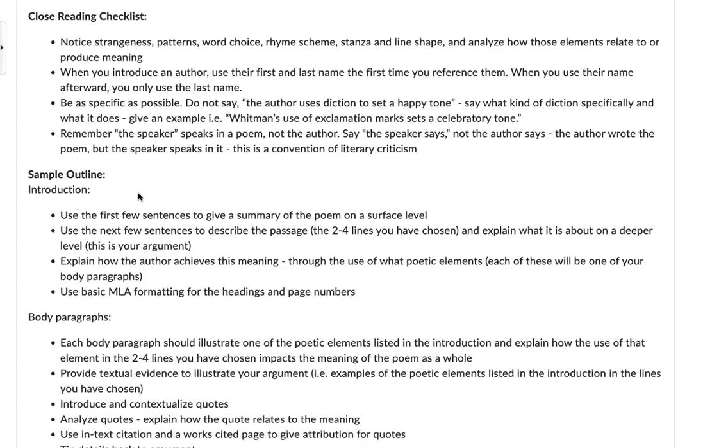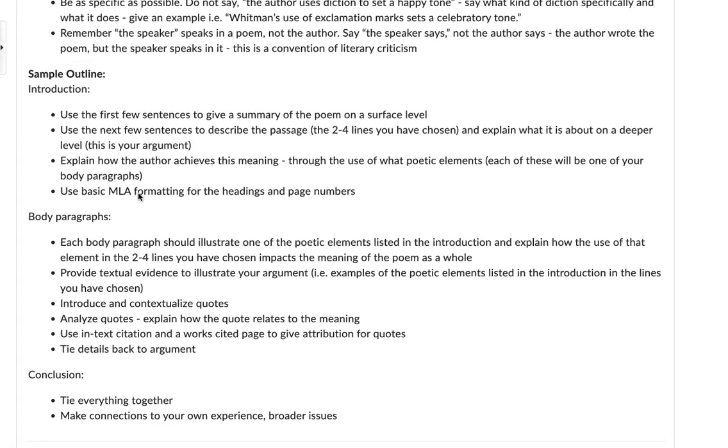Remember that you refer to whoever is speaking, the person that is speaking in a poem, as the speaker, not the poet. We keep those separate because the poet isn't always necessarily speaking for themselves. A lot of times they are imagining a character or embellishing on their own experiences, and you want to make sure to keep that distinction, that difference between the author and the character that is acting out the poem.